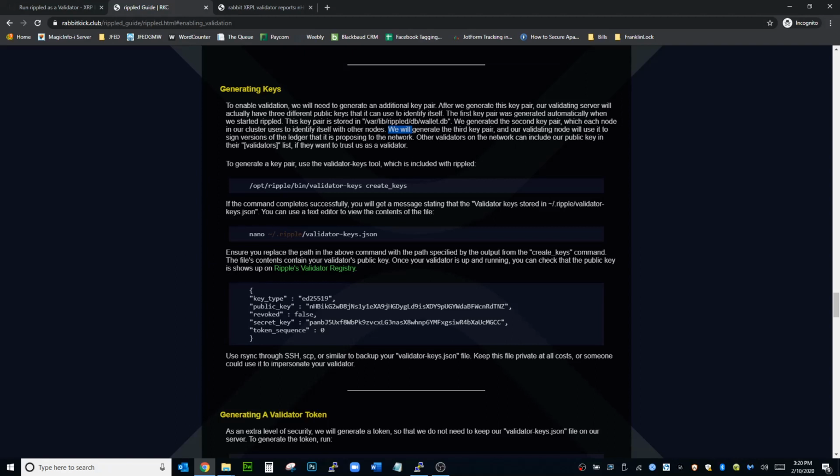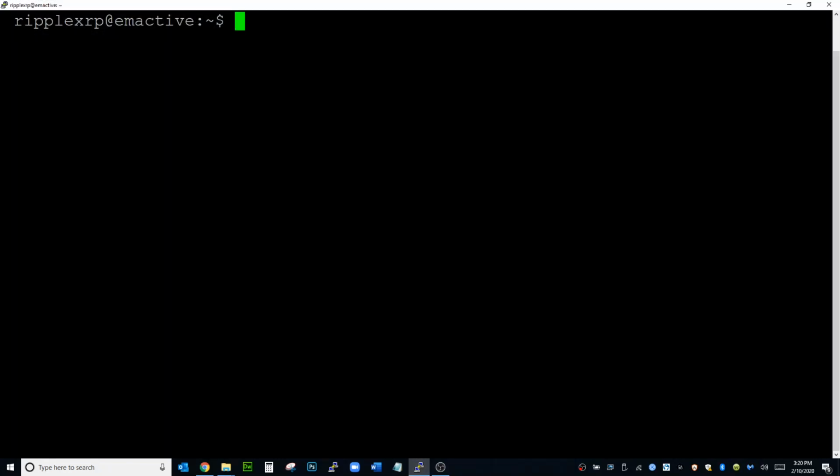So to generate the key pair, here we go. This is the command. You can just take this and copy it. Now you go to your command line, paste it here. Now I don't want to enter this command because I've already generated my keys. So as soon as you hit enter,